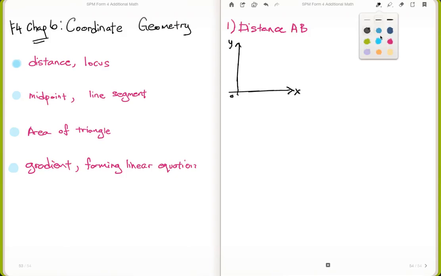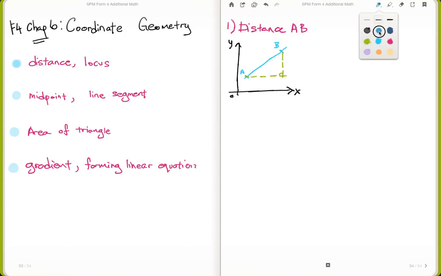If I have two points, say point A and point B, and I want to find the distance between them, you can make use of the Pythagoras theorem. First you need to find the distance from here to here and then from here to here,